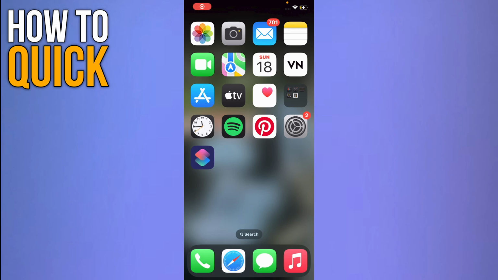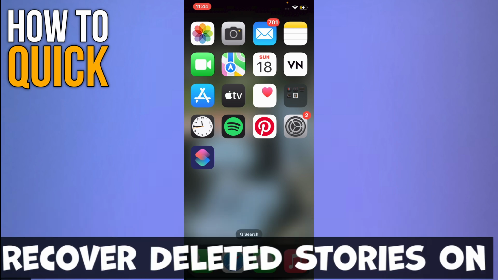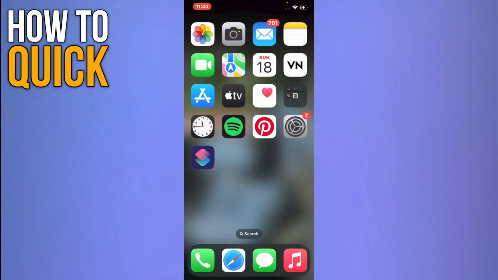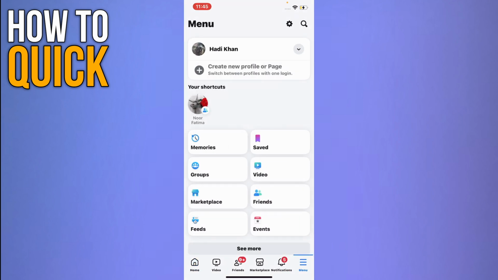In this video, I am going to show you how to recover deleted stories on Facebook. So first of all, open up your Facebook application. On your Facebook application, you have to tap on menu, which is present at the bottom right corner of your screen. Now on your menu, you have to tap on the settings icon, which is present at the top right